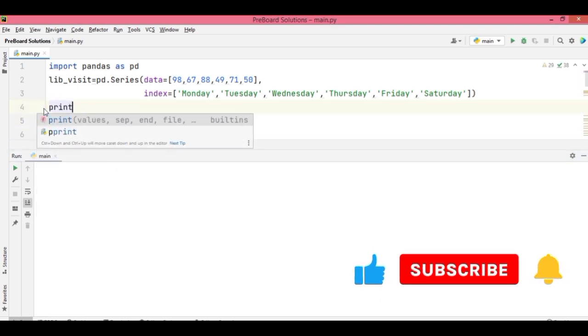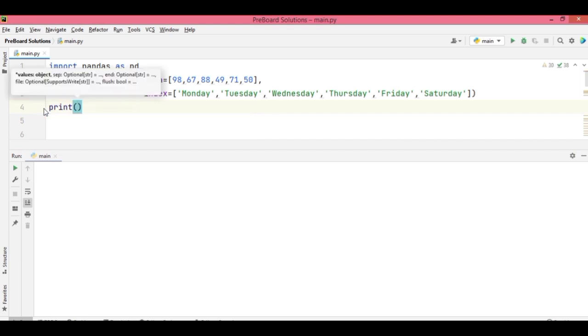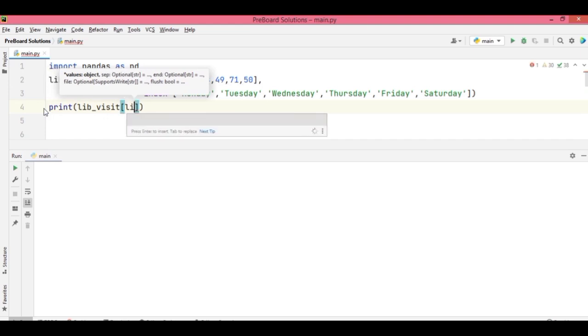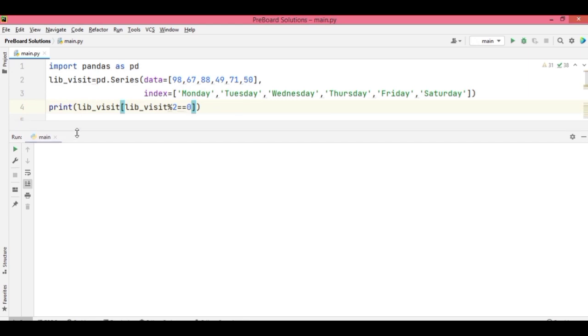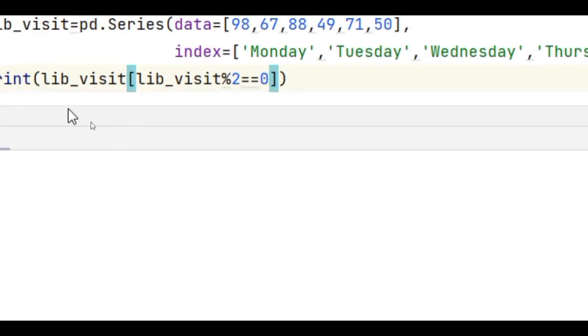Okay, here write down print, and inside the print statement write down lib_visit, then lib_visit, then you have to write here percentage 2 for modulus equal to 0. It will check whether the remainder is 0 or not. And then